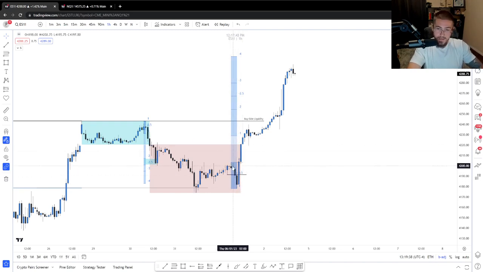Now, this could be the morning session of the New York range, right? Again, you can use this ideology on any defined range in time. It doesn't have to be the whole week. It doesn't have to be the entire daily profile. It can be a session, right? It can be the morning part of the session. So if we see this manipulation swing, which is, quote unquote, smart money's footprint,